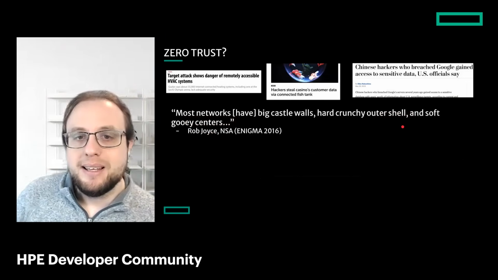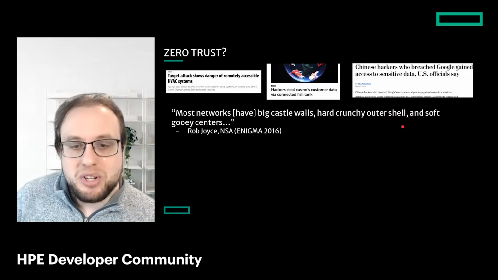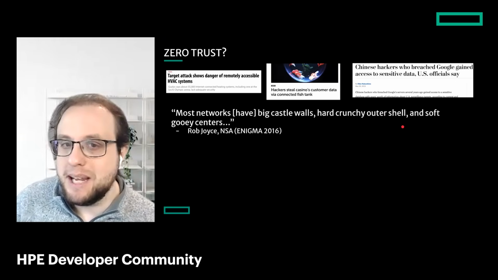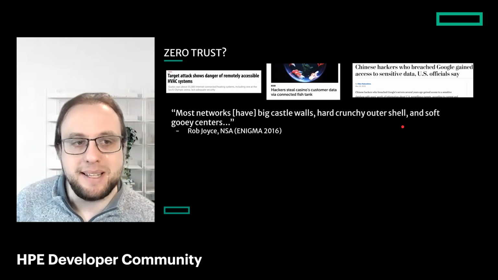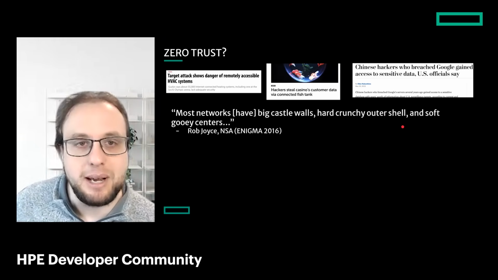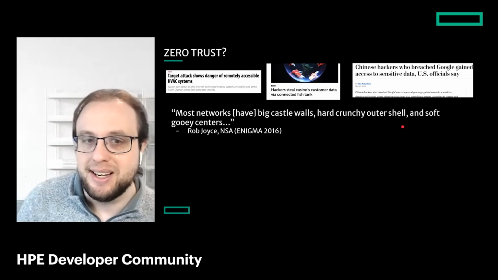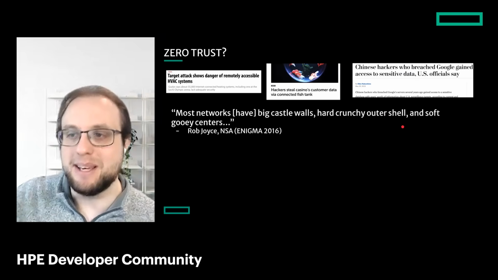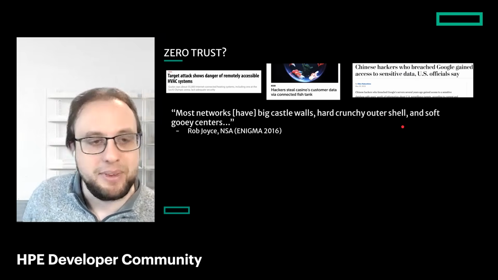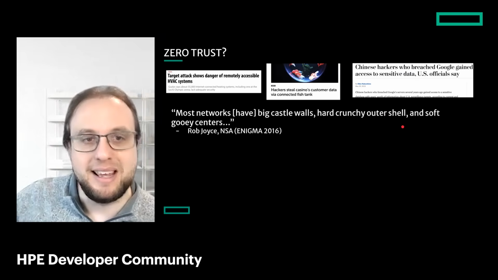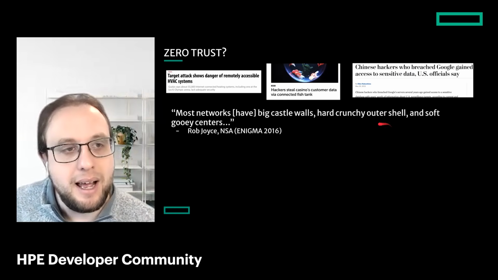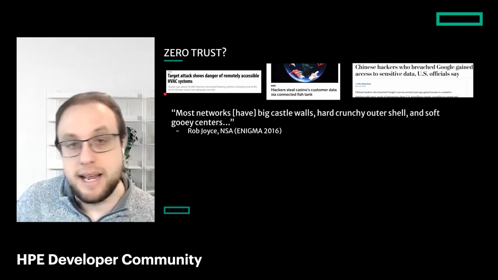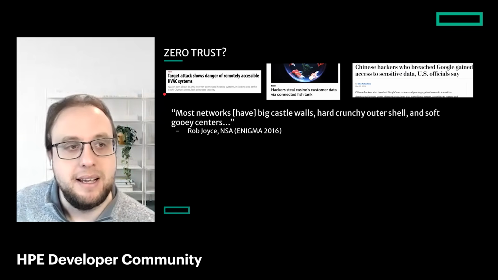Okay, so zero trust. The term zero trust is really interesting. It started out with a very specific meaning. Today, basically every vendor and every company says it has some version of zero trust. So I like to define zero trust before I use it because everyone uses this terminology, but they all use it with slightly different meanings. But the basic backstory is that there were a number of attacks and continue to be a number of attacks where